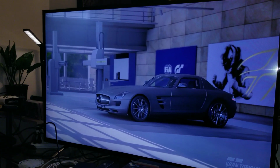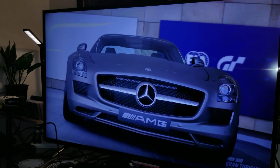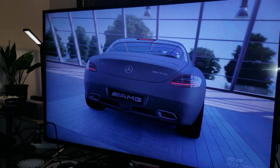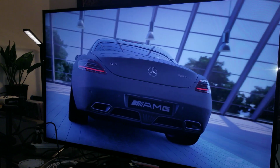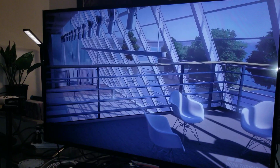So this way I have 4 HDMI inputs. Now I can have everything connected to my PlayStation, to my Roku TV, my TCL Roku TV. And this is pretty cool that this OPPO has this, because well,